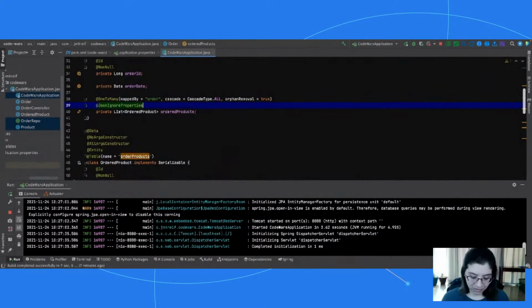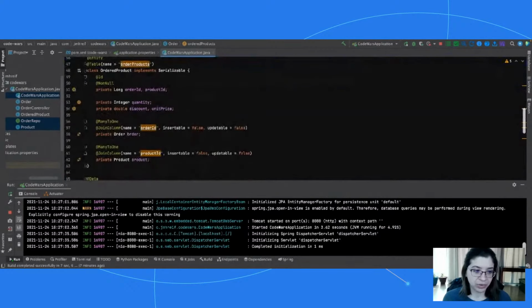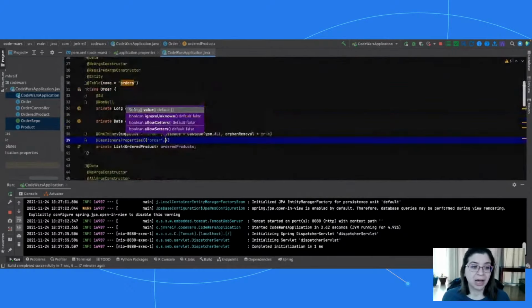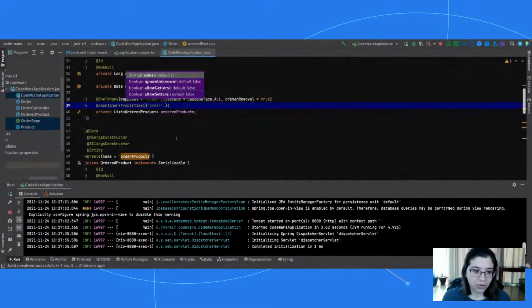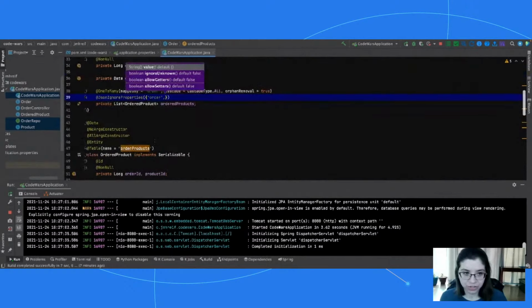So we're going to say JSON ignore properties. So ignore the properties. When you go over to ordered product, we're going to ignore order because we're coming from order, right? Now, because I'm coming from order, I also have order ID already because I've got that there. And when I go over to this ordered product, it's going to try to pull order ID again for me. So I don't want duplicate data showing up on my screen. So I'm actually going to tell it to ignore order ID as well.